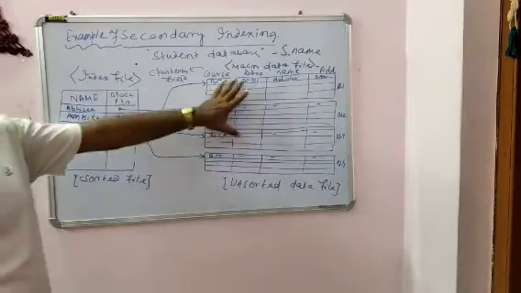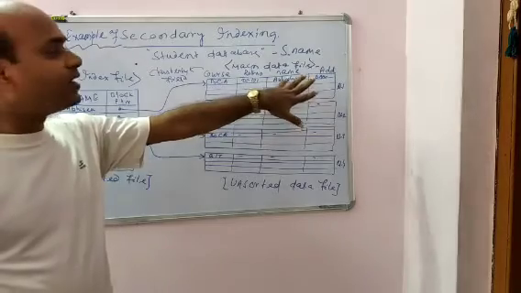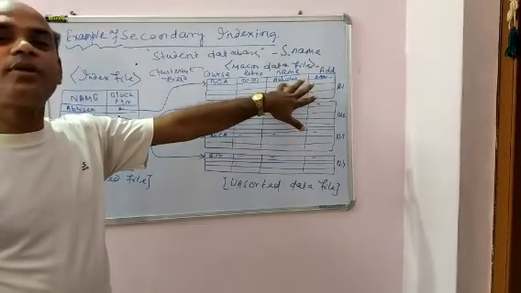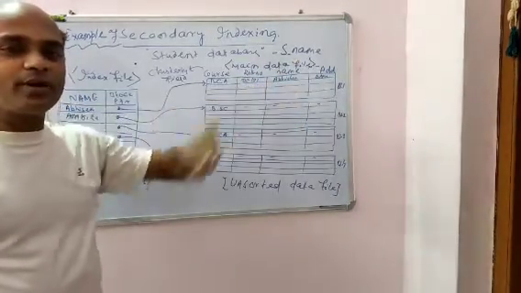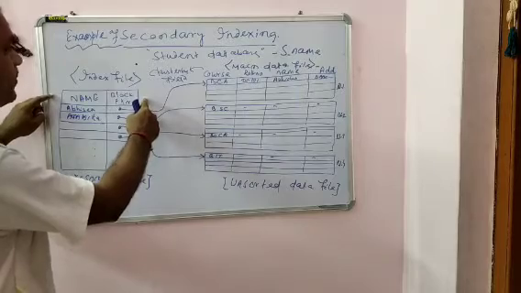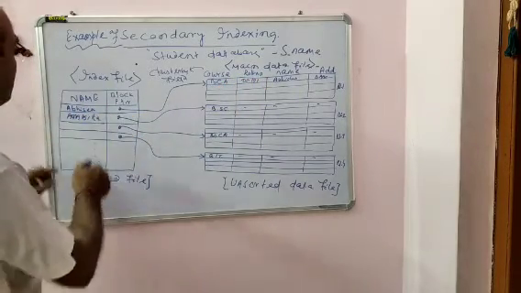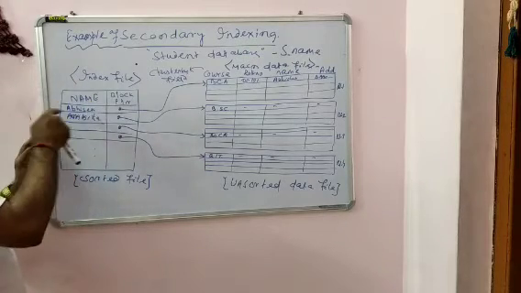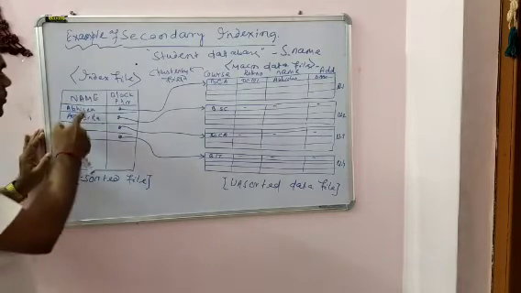Okay, so it may be unsorted, but we are searching according to name. Name again does not become the primary key. This attribute name cannot be the primary key, but we are creating the index file here by considering this name. According to name we can store. So in the index file, the index field is the name.